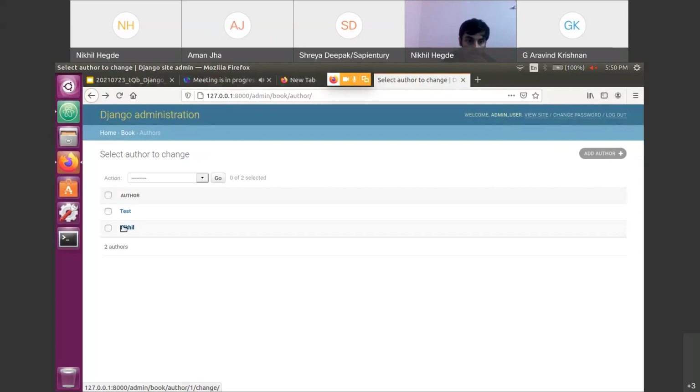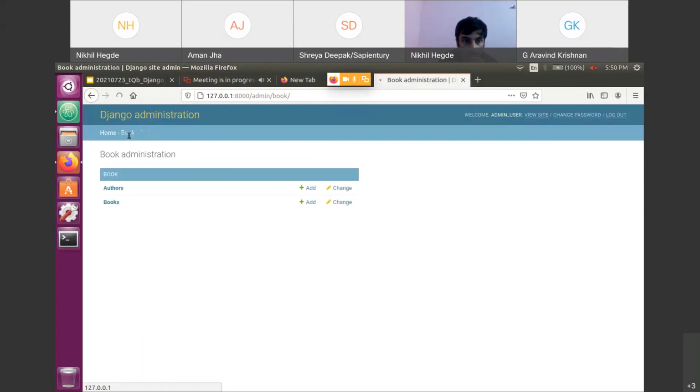You can simply add a user, delete a user, or modify the instance. These simple changes are possible in Django admin. But you cannot write complex queries, like a join. That's not possible in admin. Okay, so now you got to see how to add the data.